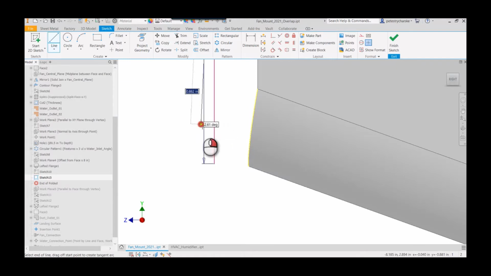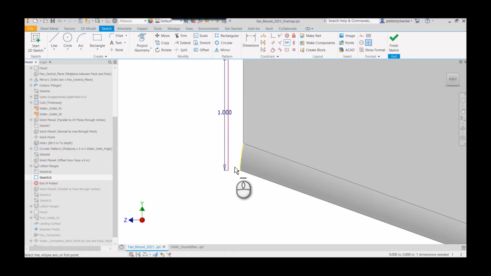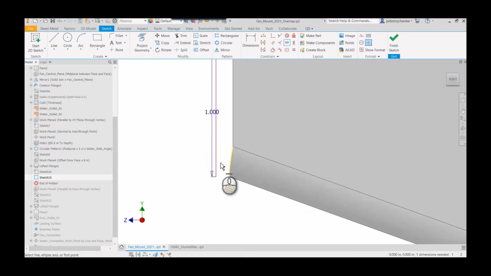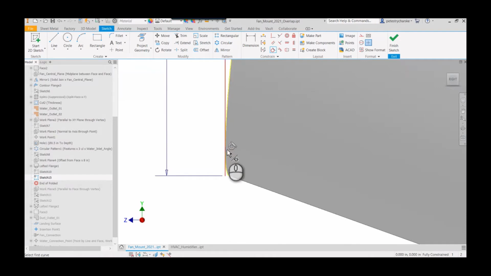The length isn't super critical, and then just because I want to be consistent, I will constrain it so that we get exactly where we want, or so I can get this fully constrained here. So the next bit is I want to make this tangent to that surface, and there we have that